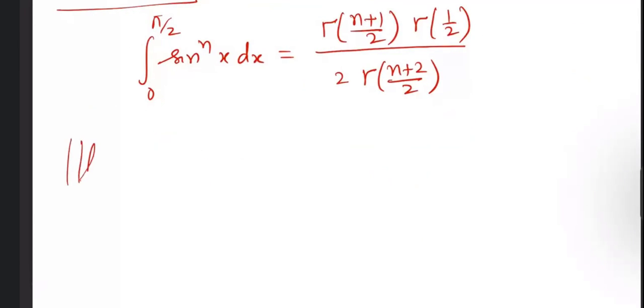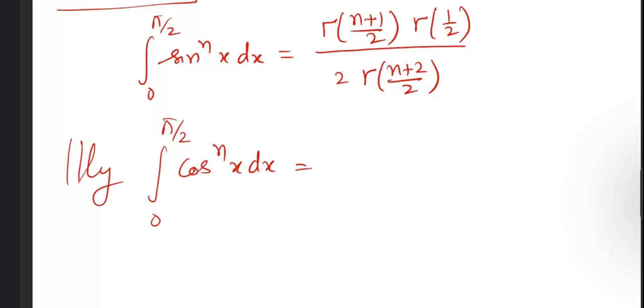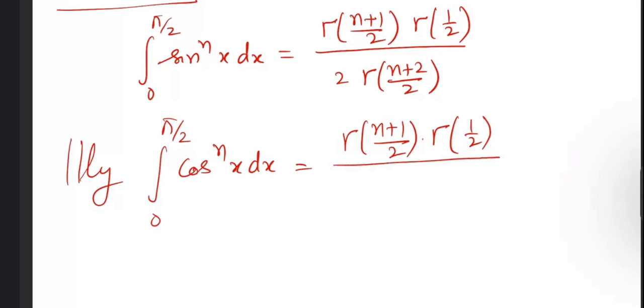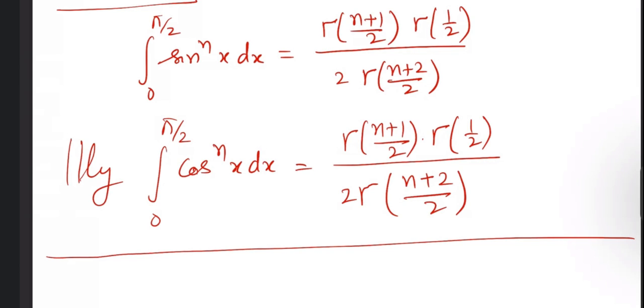Similarly, integration 0 to pi by 2 cos raised to the power n dx will become the same value, that is gamma of n plus 1 divided by 2 into gamma of 1 by 2, which has the particular value root pi, can be replaced after that, divided by twice of gamma of n plus 2 divided by 2, and further can be evaluated using the particular value, whatever be the value